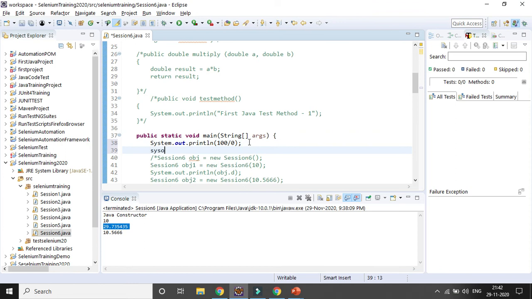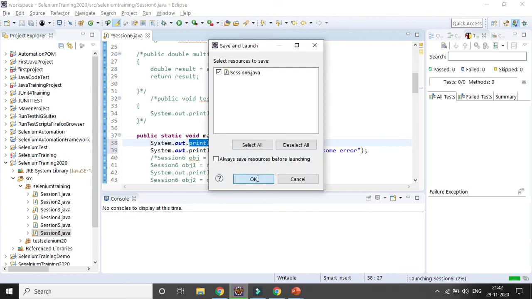After that, if you want to print something, the above line of code has an error. If you run the code, you can see what will happen.